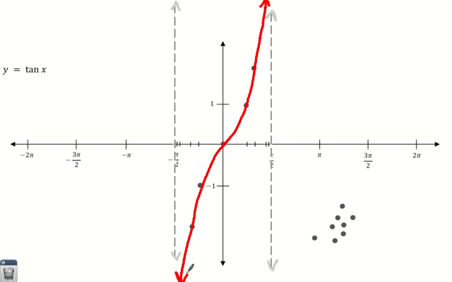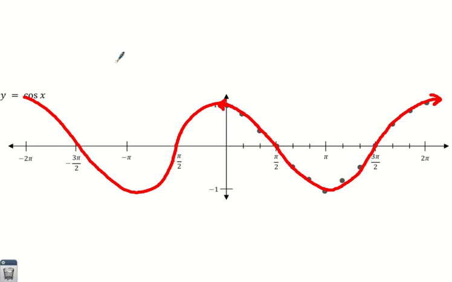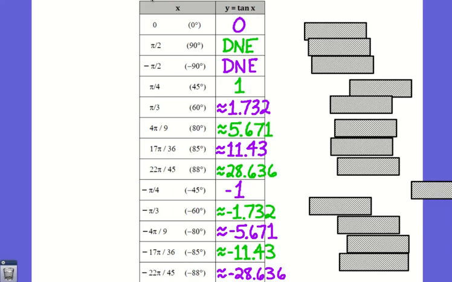Anyway, so that's the graph. It kind of curves and does a little change in the curve right here, okay? And that is one period of the tangent graph. One more thing to note before I end the video here. Notice that one period of the sine and cosine graphs lasted 360 degrees, or better yet, 2 pi radians. So one period of the sine and cosine was 2 pi. But tangent, what